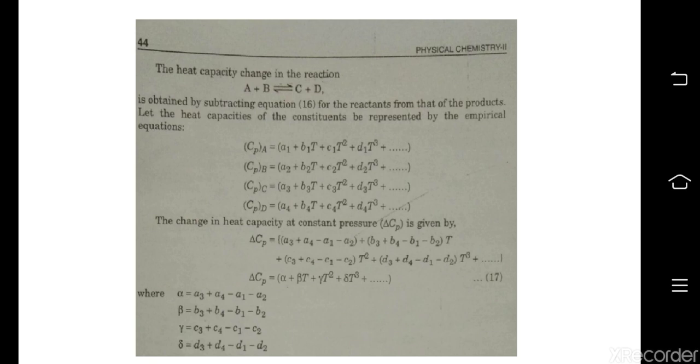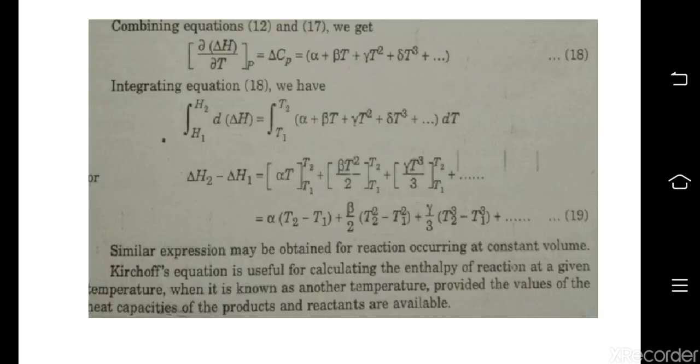The brackets clustering the A's and the B's and the C's and the D's have been given different names. The first bracket was called alpha, the second bracket was called beta, third bracket was called gamma, and the fourth bracket was called delta. And we specify it at the end, what is alpha, beta, gamma, delta. We go to the next slide.